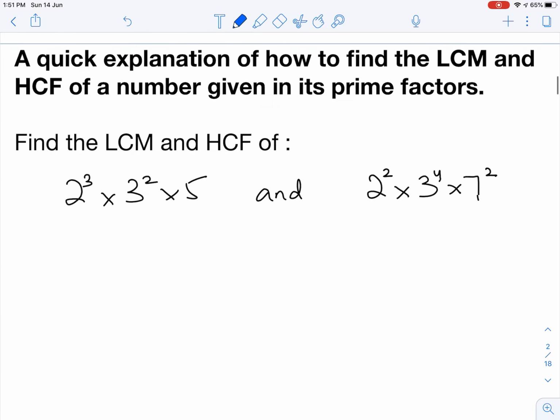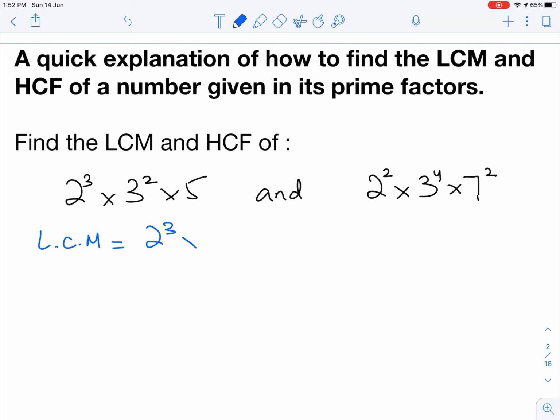Now also you need some background on how to find the LCM and HCF of numbers when their prime factors are given. If the prime factors are not given and the numbers are given to you directly, then you have a method which you must have learned in your primary classes. Now, if the prime factors are given, this is one number and this is the second number. In order to find the LCM, you pick up the higher power of every number. If you notice, 2 has a power of 3 here but a power of 2 here, so we will pick up 2 to the power 3.